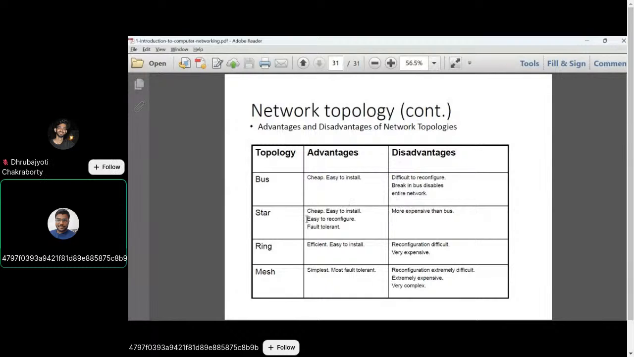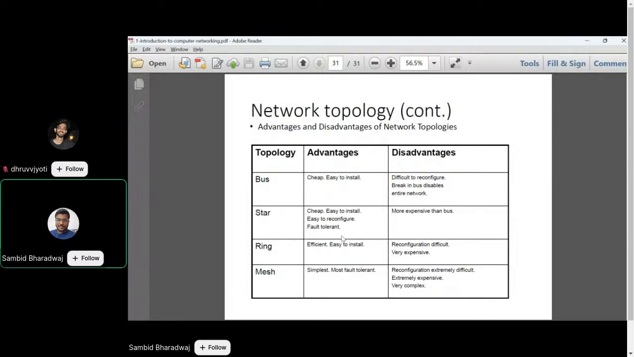Then you come to star. It is cheap, easy to install, but it is more expensive than bus, obviously. It is also fault tolerant in the way that the switch present in the middle handles all the traffic. If A communicates to B, it has to go through the switch. So the switch will decide to whom to send the data. Star is mostly used in intranet technologies only. I mean, inside a company or a particular organization, they use the star for